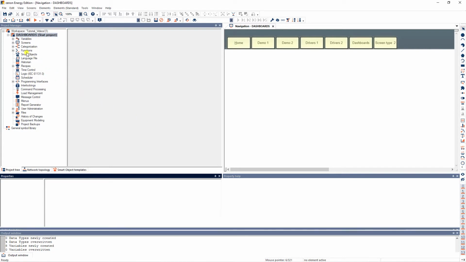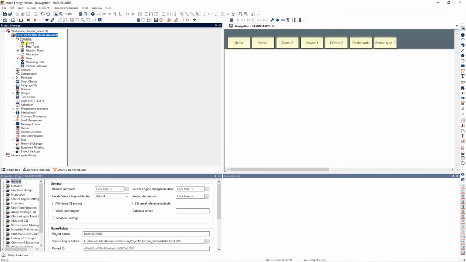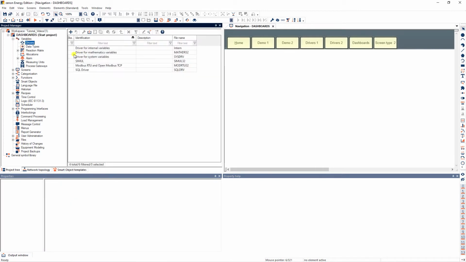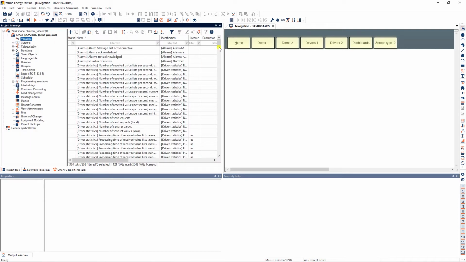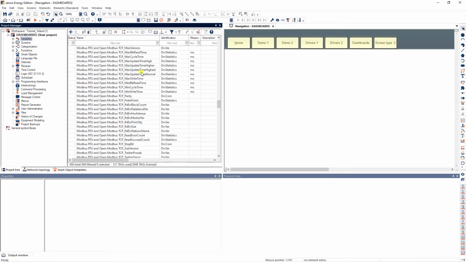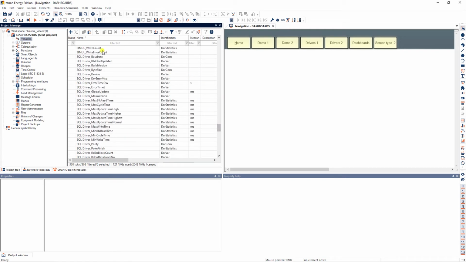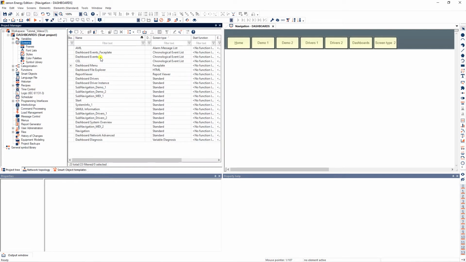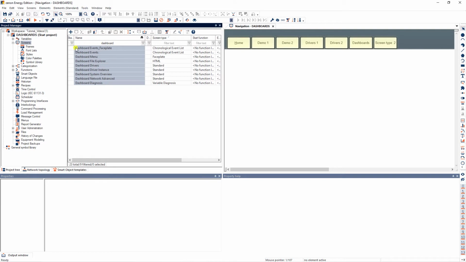The dashboards include the monitoring of pure polling drivers, and therefore the wizard automatically adds the driver variables for these drivers. The new driver variables can be easily identified by their name, which is composed of the driver identification and the driver variable name. All the remaining dashboard elements can be recognized due to the prefix dashboard in the respective name. When filtering for a dashboard in the name column of the detail view, the dashboard elements in that project module are immediately visible.